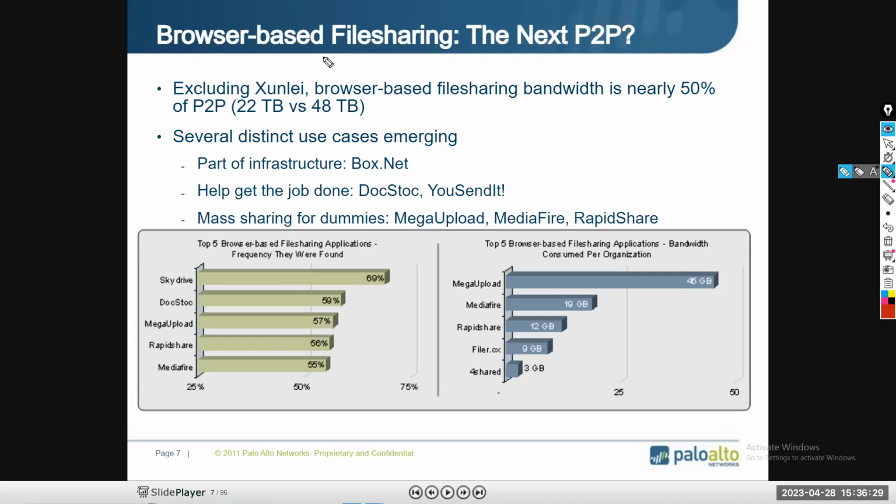Browser-based application sharing, next P2P. They have some standards, guys. You can see browser-based file sharing bandwidth nearly 50%, point to point 22 TB versus 48 TB. This is the file sharing capacity of your browser, because it is accessed directly from server to server; that's why it's point to point.